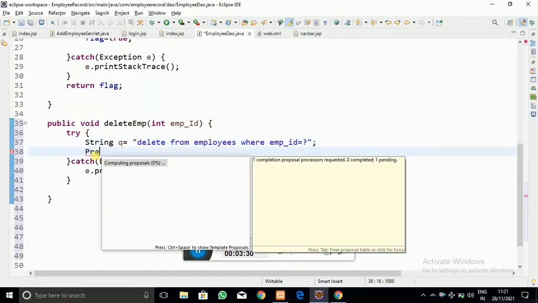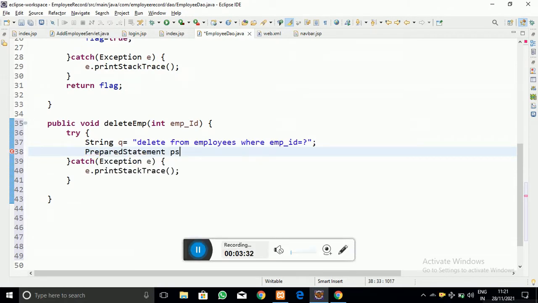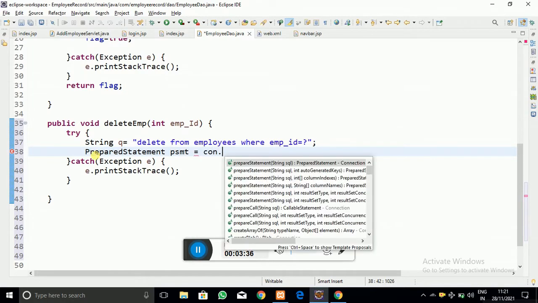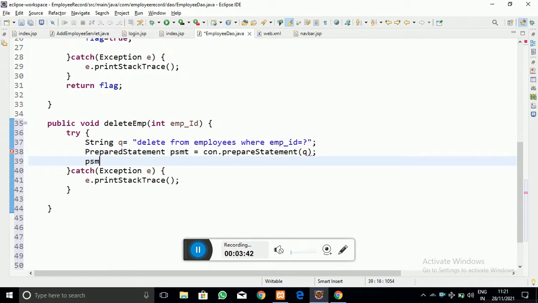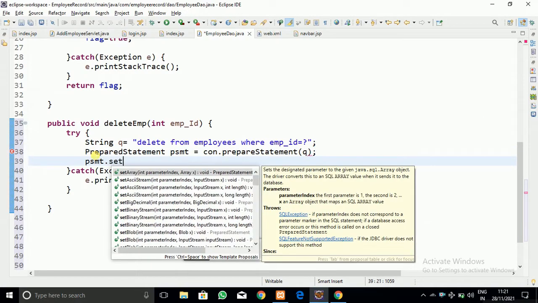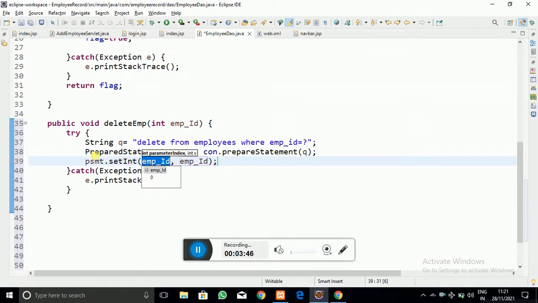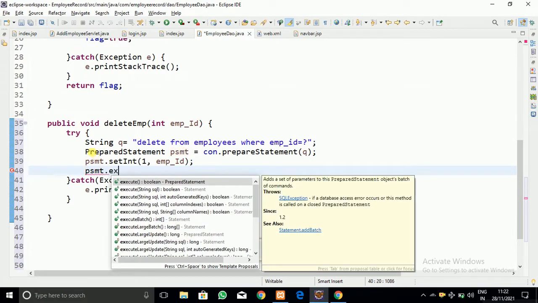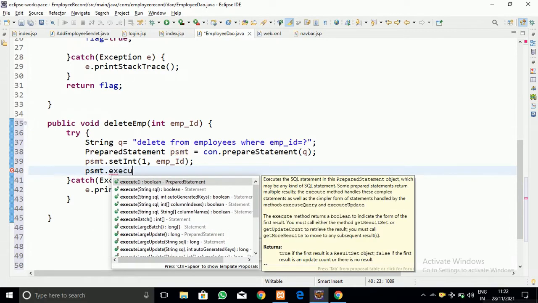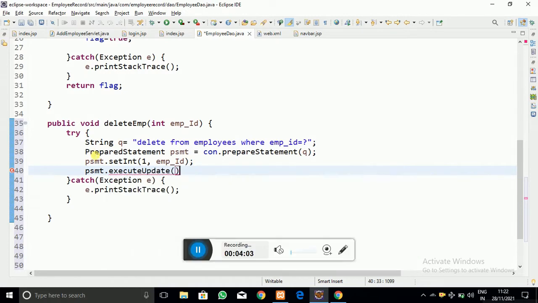I am going to replace that placeholder by making use of the prepared statement, connection dot prepare statement for that query, and psmt dot set int, with the first value being the employee id, which is the parameter of the delete employee method. Okay, now let me execute that query: psmt dot execute update.